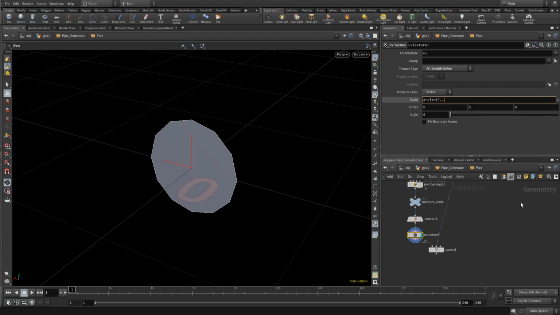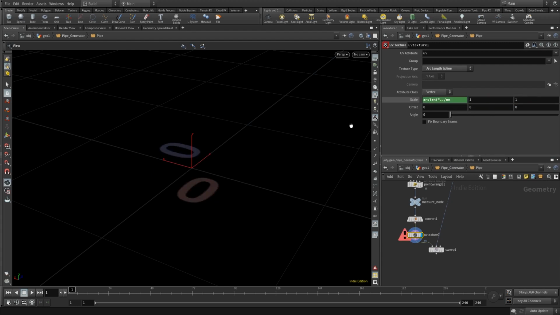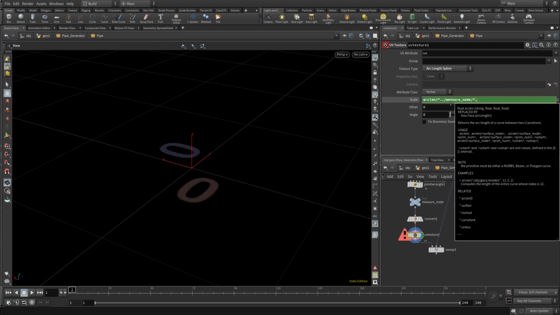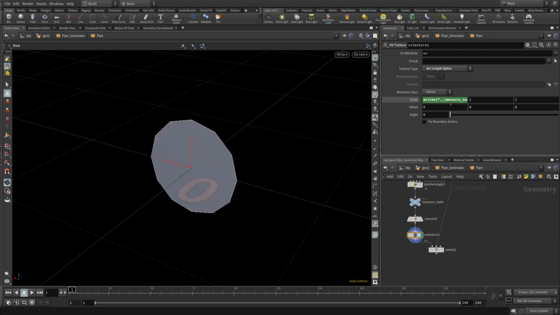We wanted the measure node. So we're taking the measure node and then closing. Then I want it 0, 1, 0, and closing the brackets. Alright, so that measures